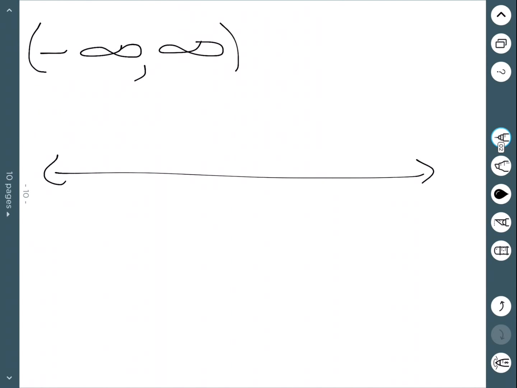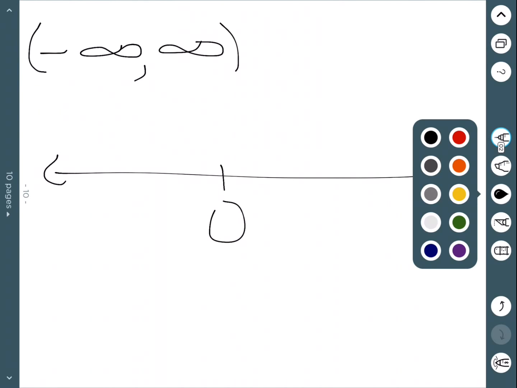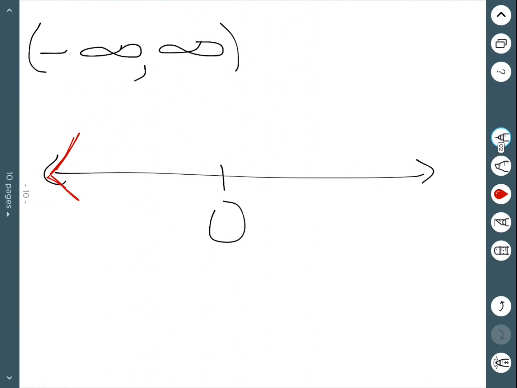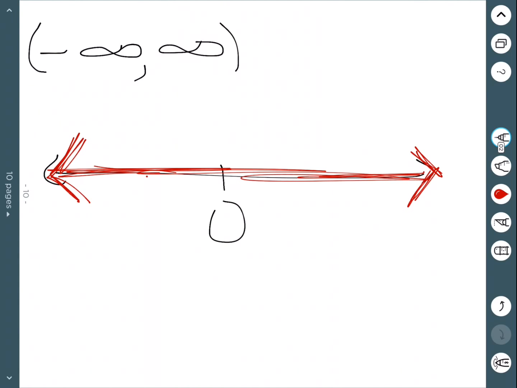The very last type of interval is kind of an unusual case, and it's the case of all of the numbers. Negative infinity to infinity is just the set of all real numbers. The graph would just be the entire number line shaded. And it's important to realize that we would want to use parentheses here since we're dealing with infinity and negative infinity. And this just says every possible thing could